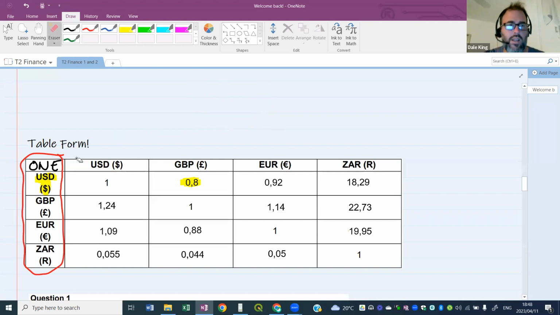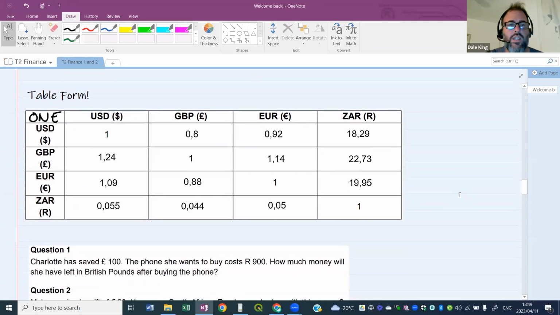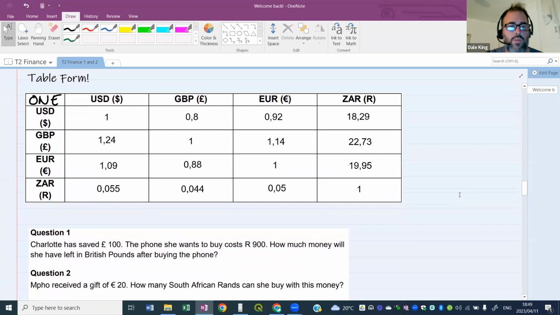All right, so this is our table. We are now going to answer very simple questions. You will find this easy, but the most important thing is to understand how the table works. So let's go to question 1. It's time for you to work. Question number 1, I hope you can see it at the bottom.